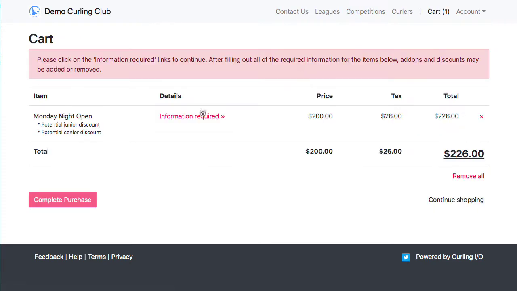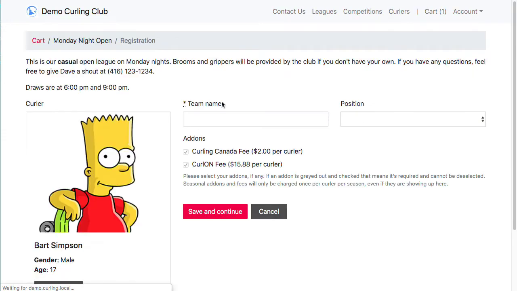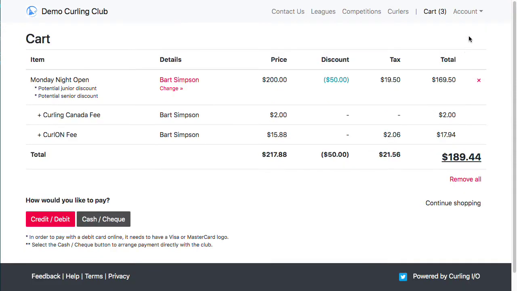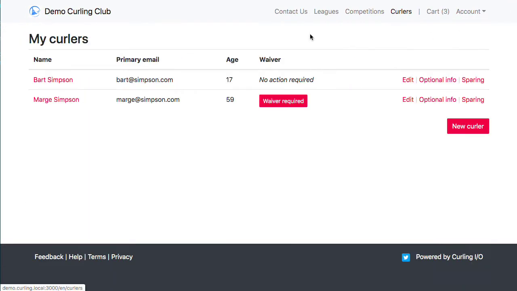So I'm going to add the Monday night open, and I'm going to assign Bart. And Bart should receive the junior discount. So he's getting a fixed amount of $50 off. And this will keep applying for every league that he joins that has this discount assigned to it. So the next thing we want to do is test the senior discount, and for that I